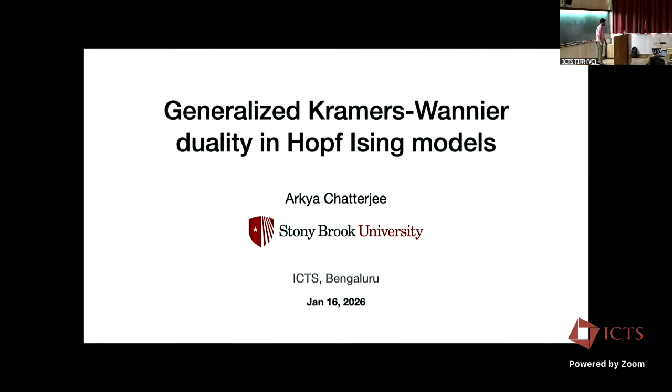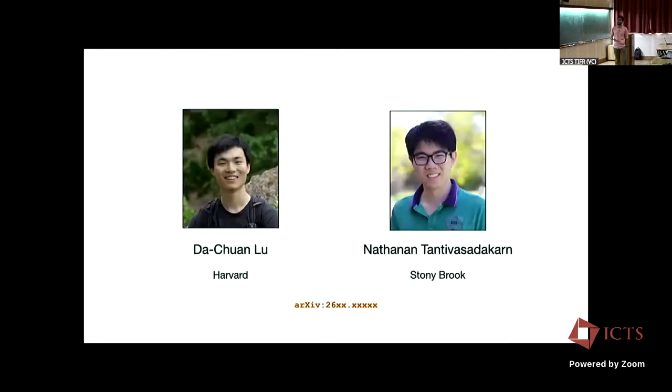So this talk is about generalizing Kramers-Wannier. By now, you've probably seen many talks, many posters on generalizing Kramers-Wannier in various different ways. I'll try to show how what we're doing goes slightly orthogonal to whatever has been done so far. This is collaborative work done with Dachuan and Nat. Dachuan is at Harvard, he's a postdoc, and Nat is a new faculty at Stony Brook. The paper should come out soon,